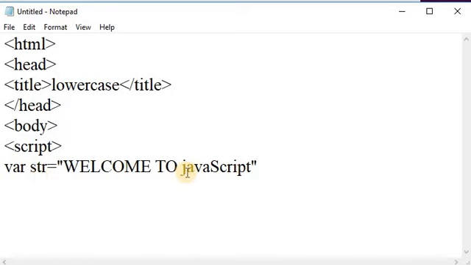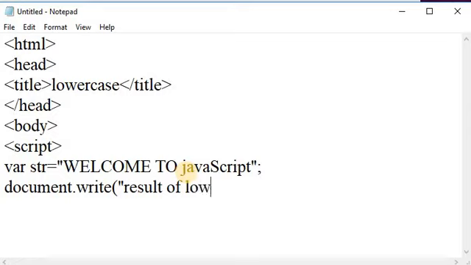And here, by using the document.write method, I am printing this result on a web page: "Result of lowercase is equal to" str.toLowerCase().